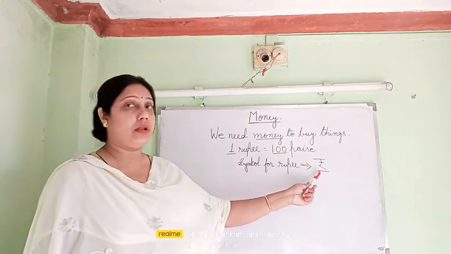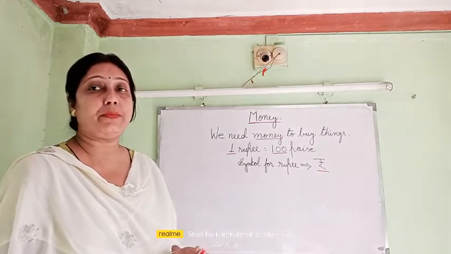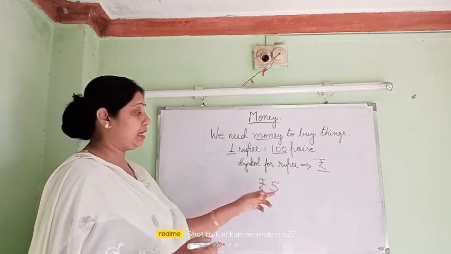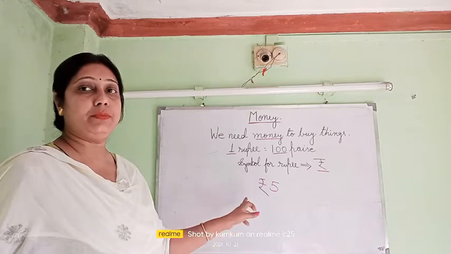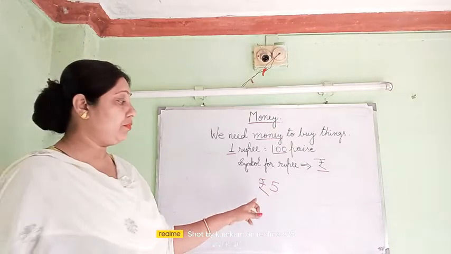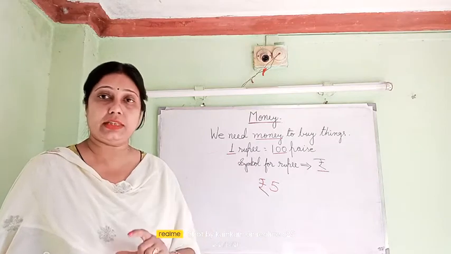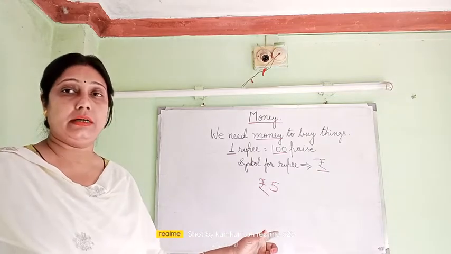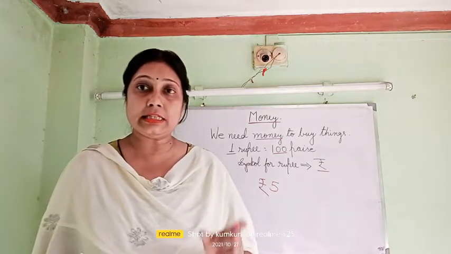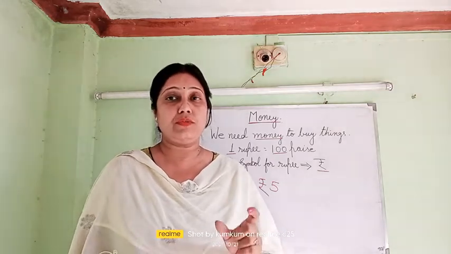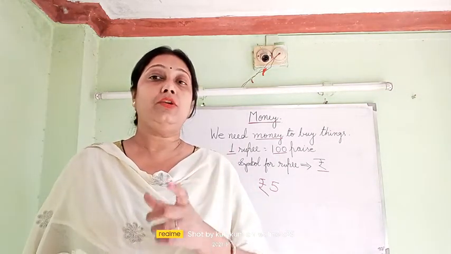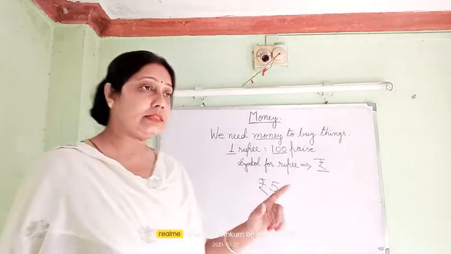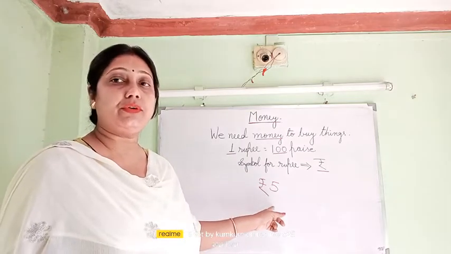Now, this is the symbol of rupee. Whenever we write, suppose 5 rupees, first I will put the symbol and then I am going to write 5. So, it is 5 rupees. But whenever we tell the rupees word, it comes after the digit. While writing the symbol, it will always be used before the number. Please keep it in mind whenever you are writing in spelling. Suppose 5 rupees. If you are writing the 5 digit and then rupees in spelling, RUPEES, then you will write it afterwards. But if you are putting the symbol of rupees, you have to put it before the number.